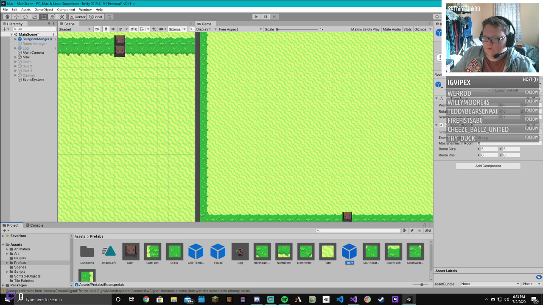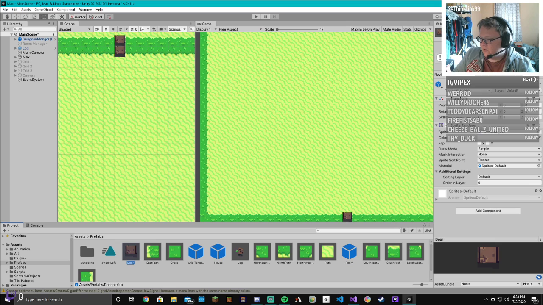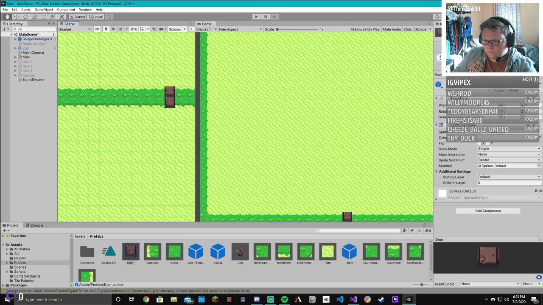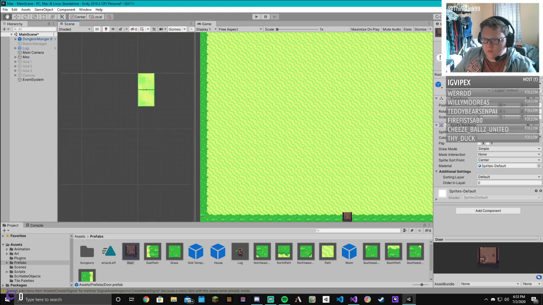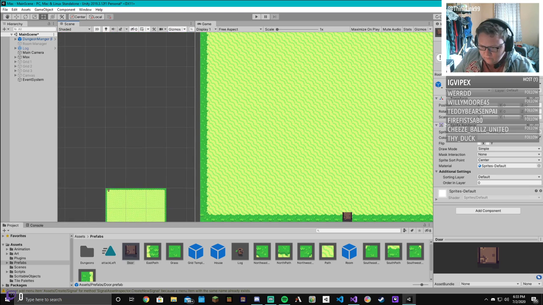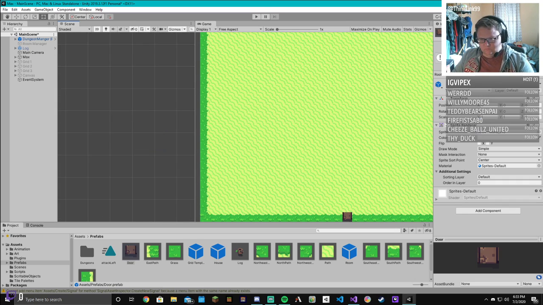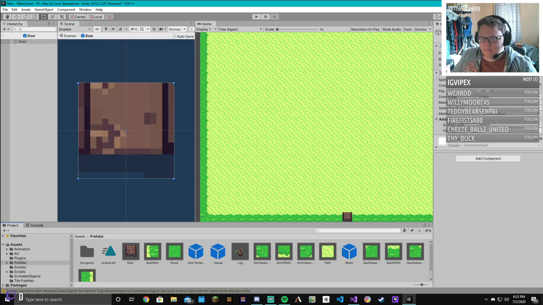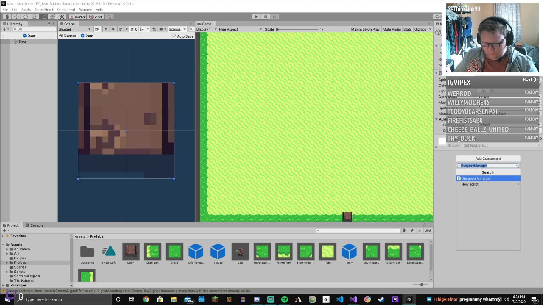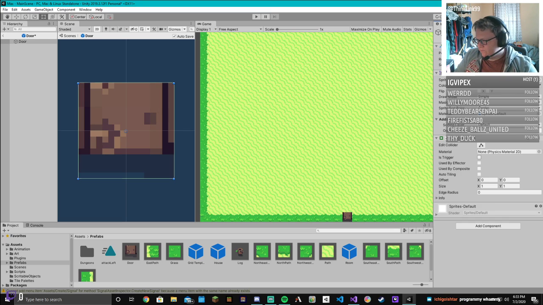So what I need then is for this door to have some kind of collider on it. So if I just pull this door up to a random spot. Actually, you know what? I'll edit it from inside the prefab. So if I do a box collider 2D, and then do edit collider,